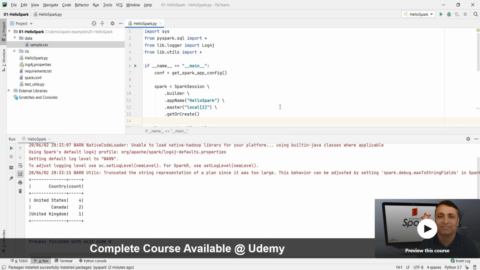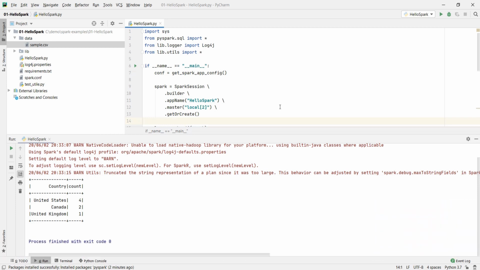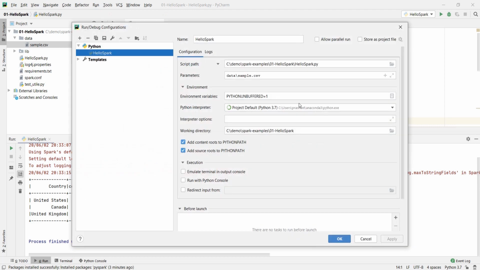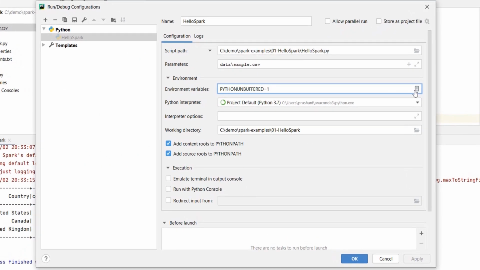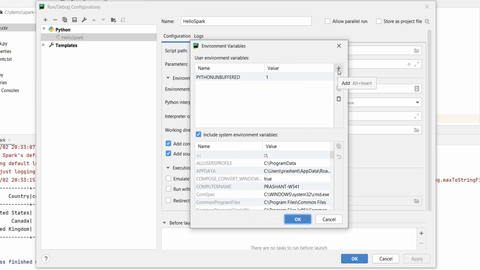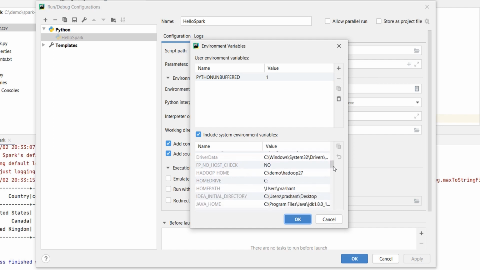You might still face some problems and your PyCharm example may not successfully run due to some other reasons. The first obvious reason could be Hadoop Home. If you haven't set the Hadoop Home, your example will not run. If you didn't set Hadoop Home for some reason, then you can add it in your run configuration. Let me show you. You can add the environment variable here. Click this button and add your Hadoop home environment variable. These are the system level environment variables which the IDE already recognized. So if you already have your Hadoop home, then you do not need it here.